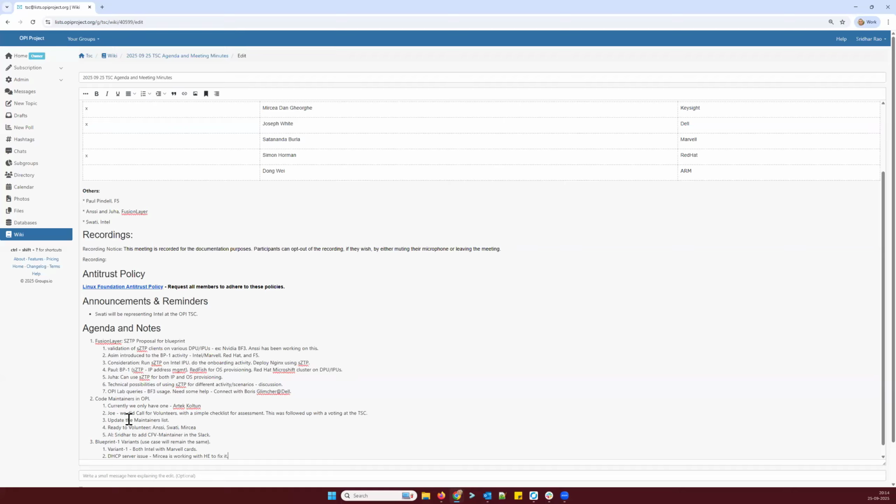Good. So, yeah, that's the status. So the Intel version was done. The Marvell version of the blueprint has been done in a different lab space and shown to be working, but it hasn't been done in the OPI lab.